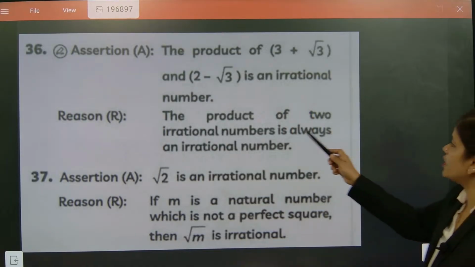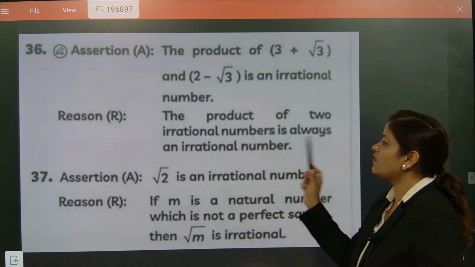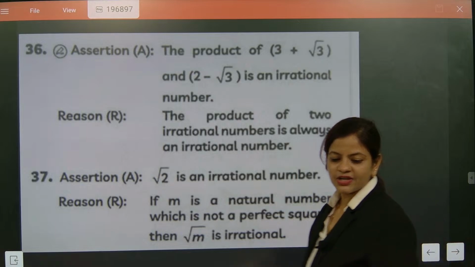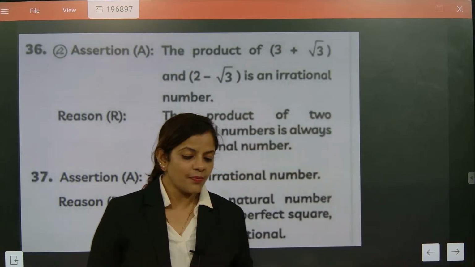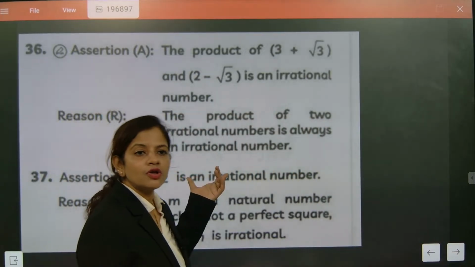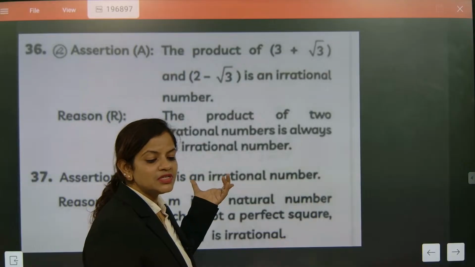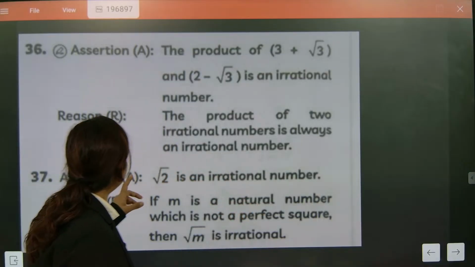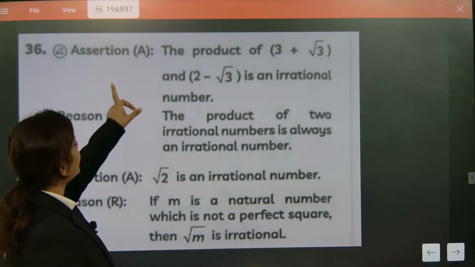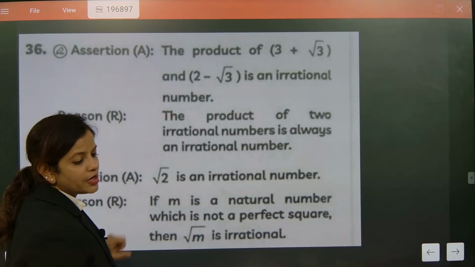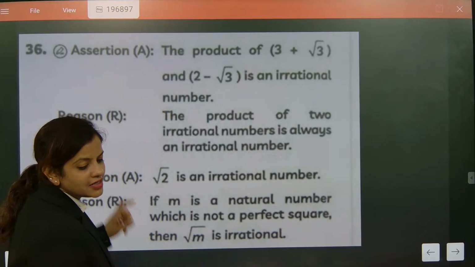Second one is, the product of two irrational numbers is always an irrational number. This is actually not true. Understood? The product of irrational numbers is not always irrational. Sometimes it is rational also. So 100% the reason is false and the assertion is true. So what is the option here? The correct answer is